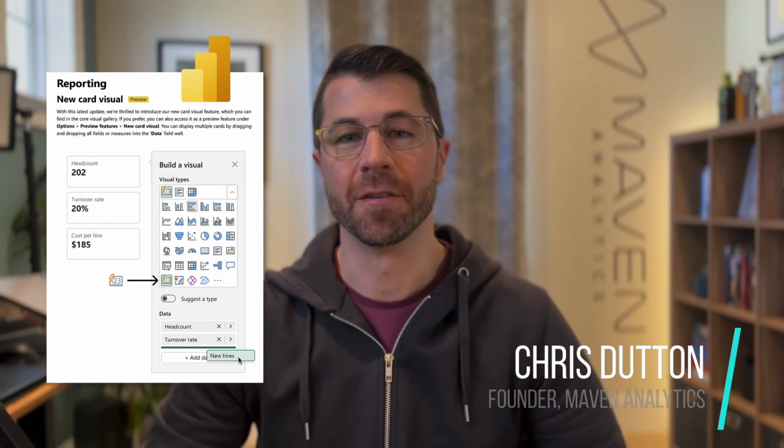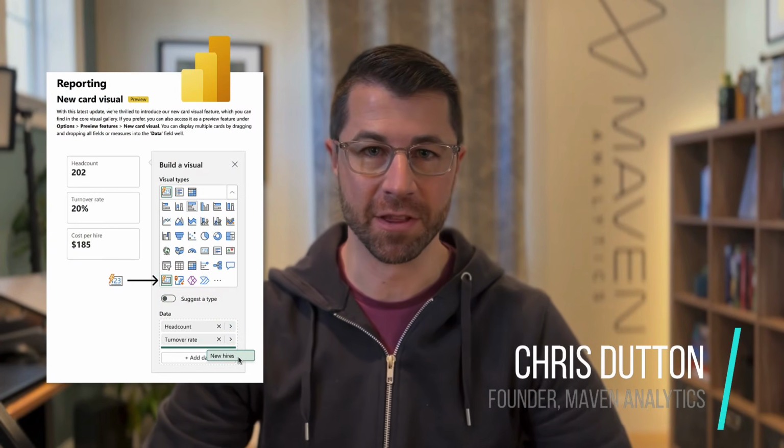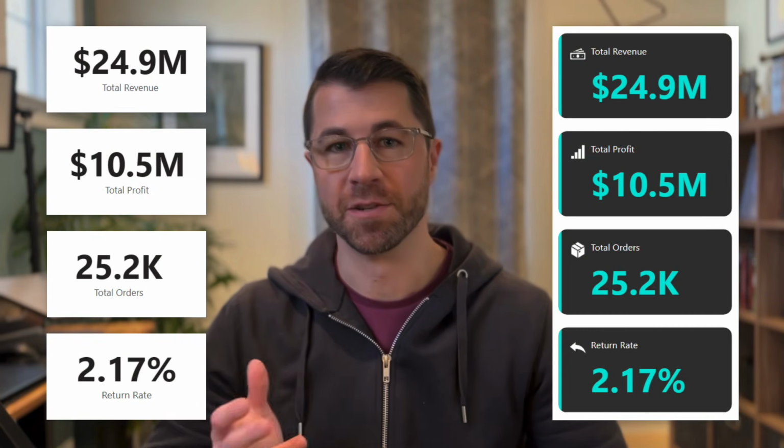One of my favorite new Power BI features is the new card visual introduced in June 2023. This was a pretty big update because it allowed you to add and format multiple fields within a single visual. So you can turn individual cards like these into one visual like this. These new cards also added tooltips and drill through functionality, along with new formatting and layout options like images and